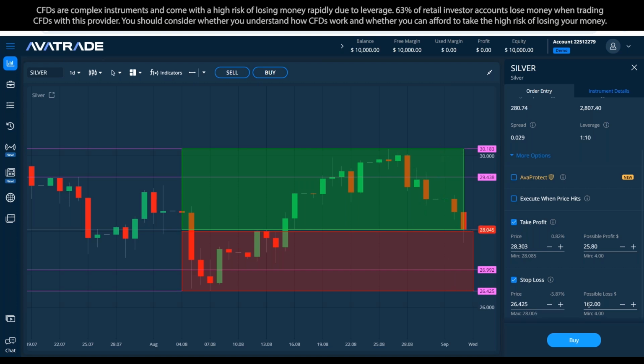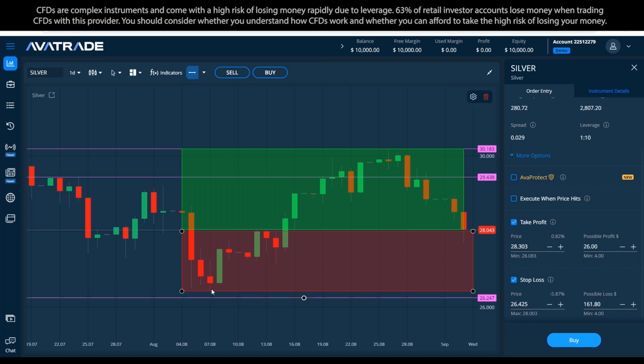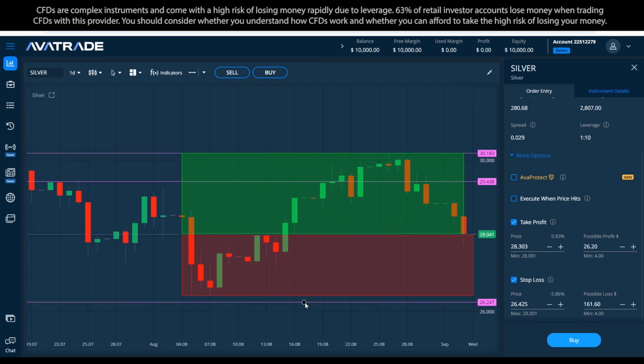And also the loss here, the stop loss that I've placed, 26.425, I need to know that it's a good place for a stop loss. Maybe I need to put it a little lower because price already visited here, so it might be vulnerable to place it here. So we need to know how to place it. Now, if we're looking at those levels, and we would like to carry on with the analysis that we did,